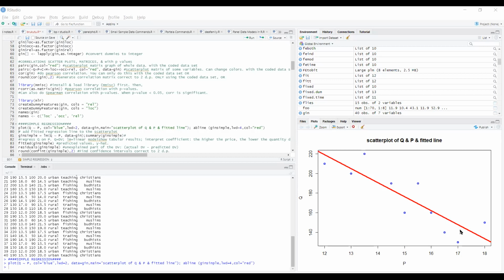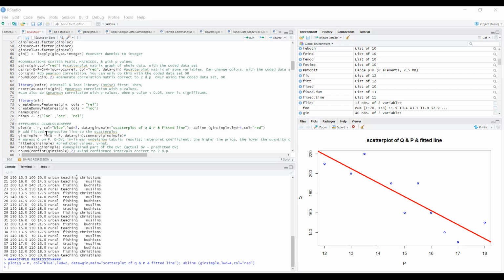Let me just zoom out. You can see that the regression line is telling us that there appears to be a negative relationship between price and quantity demanded. The quantity demanded is on the y-axis. Of course, you could come to the x-axis, no problem. There's a negative relation between quantity demanded and price. The regression line, which is the red line, is hovering around, the scatter plots are around it. So you've been able to do that simple regression line, which gives you a fair picturesque idea about what